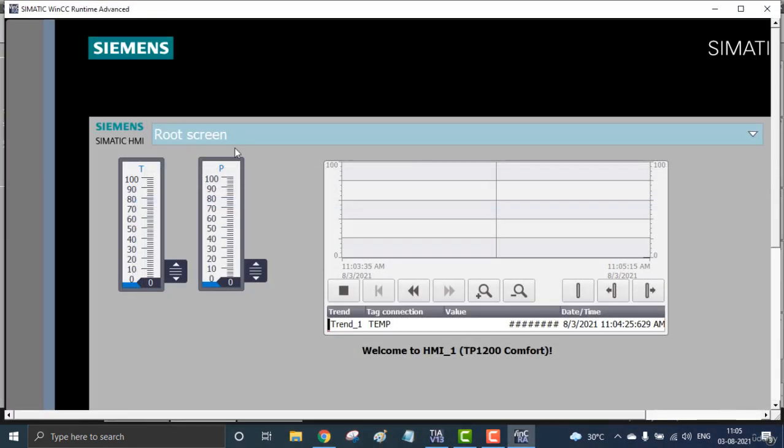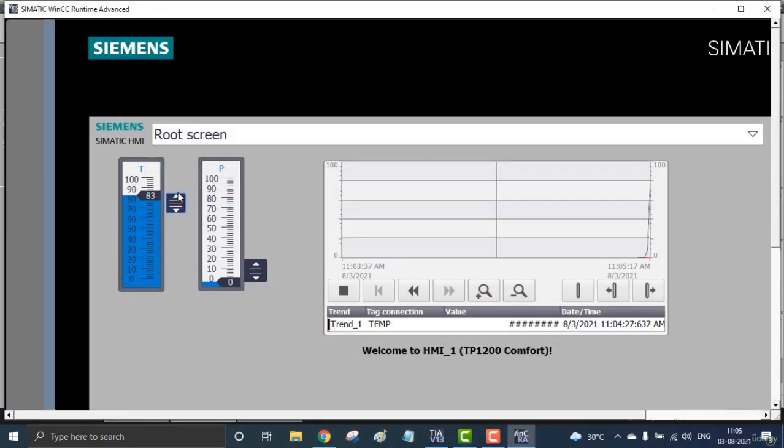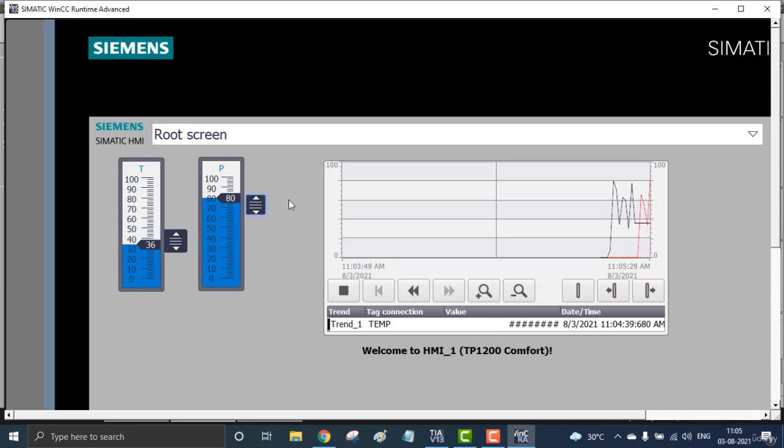Here it goes. I'm increasing the temperature. That's not as smooth as the 0.1 second. That was a bit sturdy, but the trend is clear. Both the temperature and the pressure are clear. The 0.1 second only holds up to here, and if you go for 1 second, it comes up to this point. So that is the cyclic time acquisition.